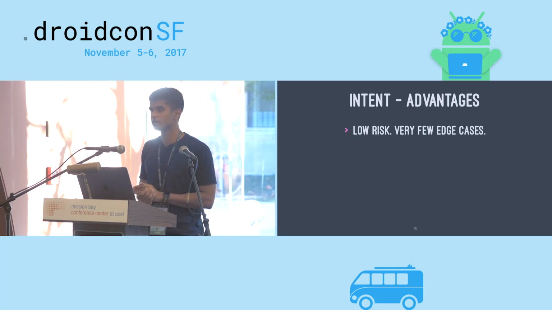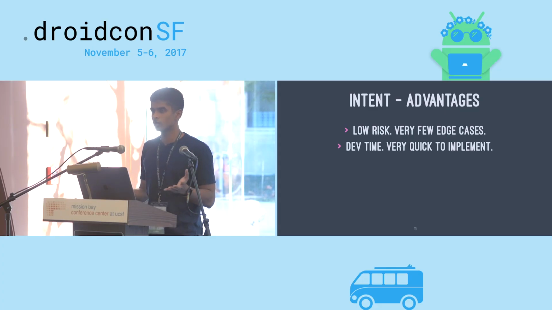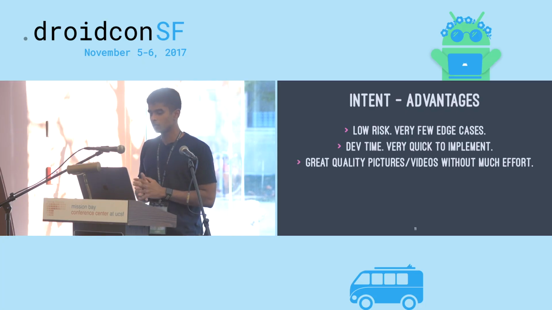First, it's low risk, very few edge cases compared to the other 2 methods, because usually it goes to the manufacturer's native camera app or something, or any app where the user trusts. Then dev time, very quick to implement. It's literally a few lines of code, probably takes a few minutes to a few hours to implement. Then finally, you probably get great quality pictures and videos, because usually the thing that handles the intent is probably a really good camera